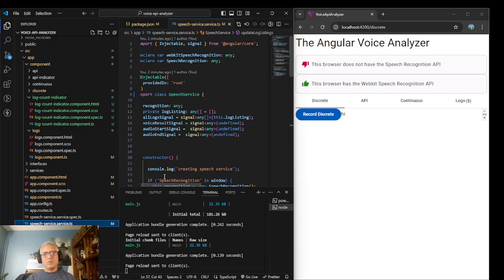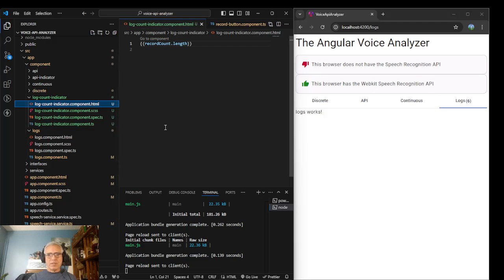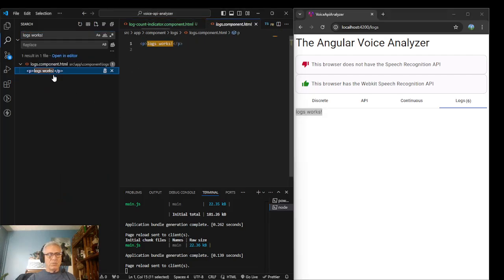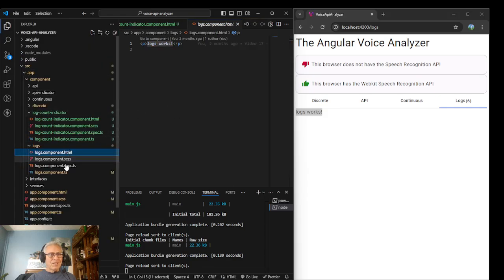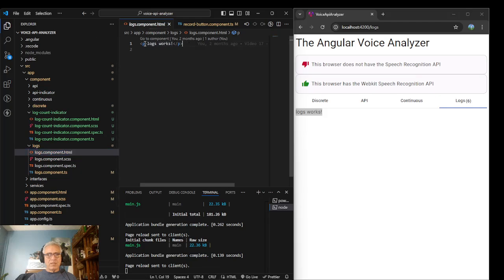But anyways, let's move forward. Actually, let's go in here to where log works. I believe this thing is also listening to the changes. Let's go look for log works. I actually do not understand why it's working right now. I'm not particularly worried about it because I'm hoping it'll probably break again. Okay, so this dot log listing logs,